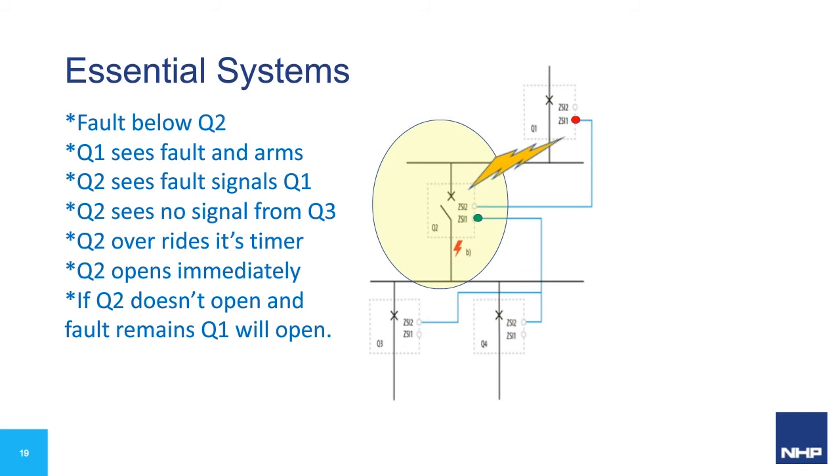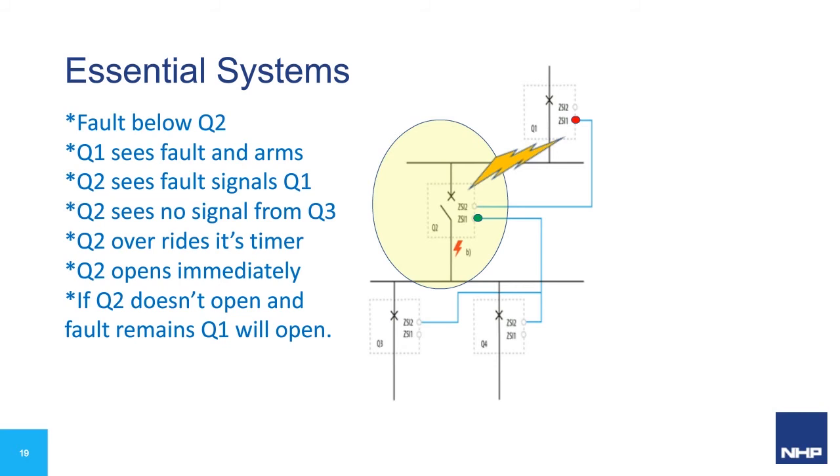occurs below breaker Q2. Breaker Q1, set at 500 milliseconds delay, sees the fault and the OCR checks to see if input ZS1 has received a signal from breaker Q2. If it has, the OCR is armed and starts its delay clock ready to interrupt. Breaker Q2 sees the fault and the OCR checks input ZS1 to see if a signal has been received from breaker Q3. In this case, it hasn't, so the OCR bypasses its delay setting of 400 milliseconds and interrupts the